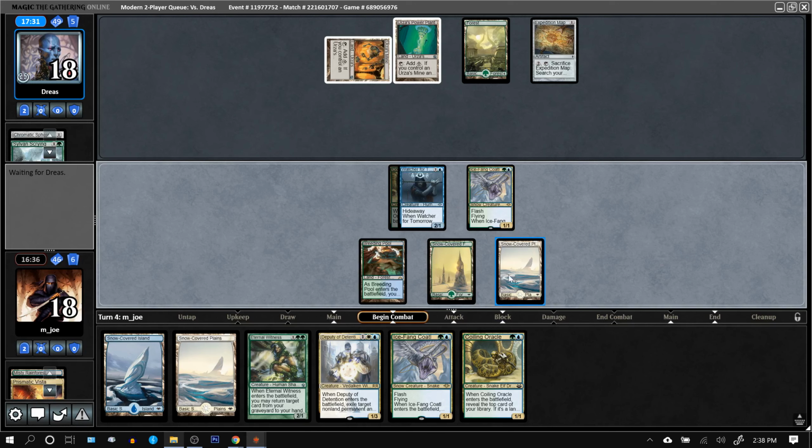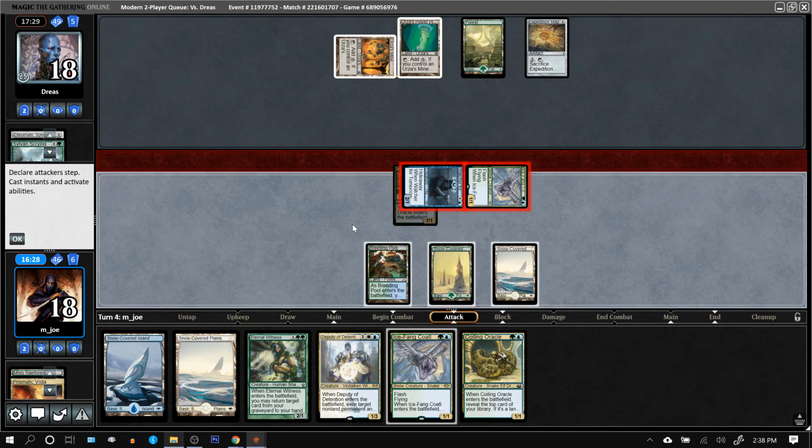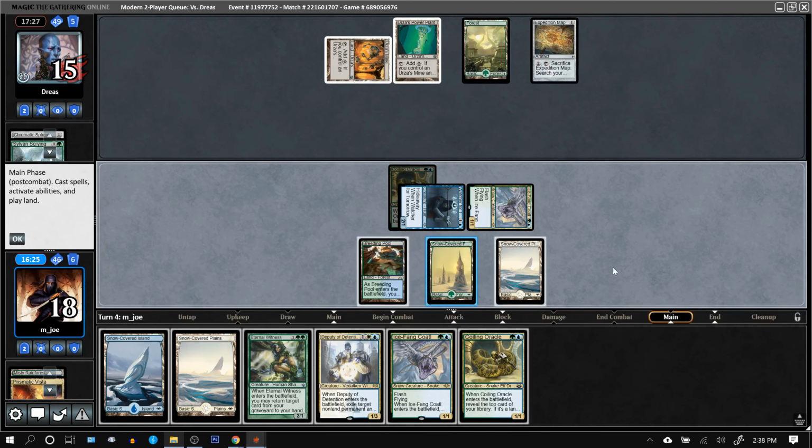Saying I could have gotten a green or blue and then double spelled this turn. I guess I would have needed to get green, blue. Yeah, either green or blue, I guess. Let's see. If I got blue, it would have been green, blue, that would have been fine. Green also would have been fine. So here,